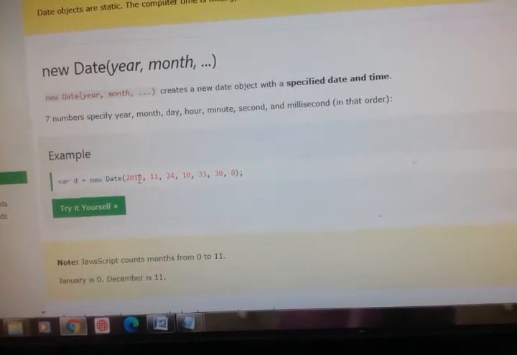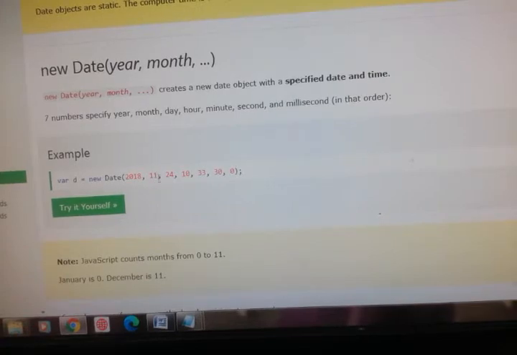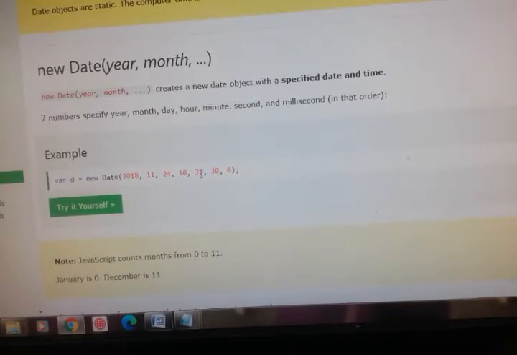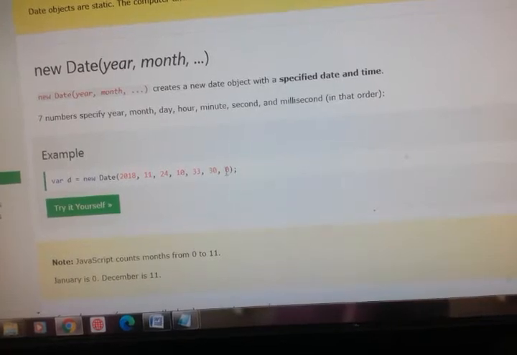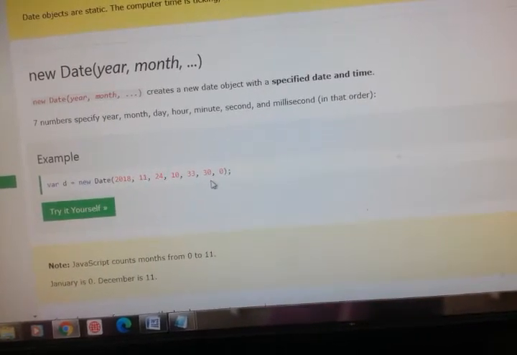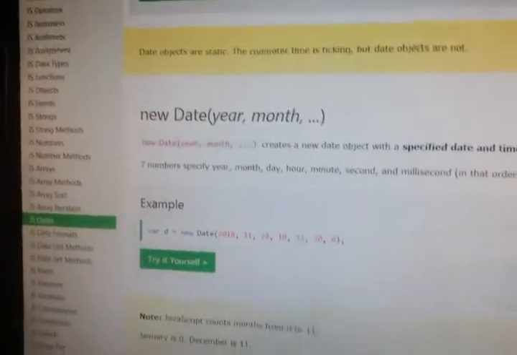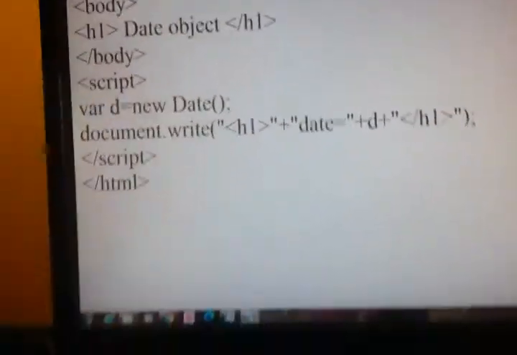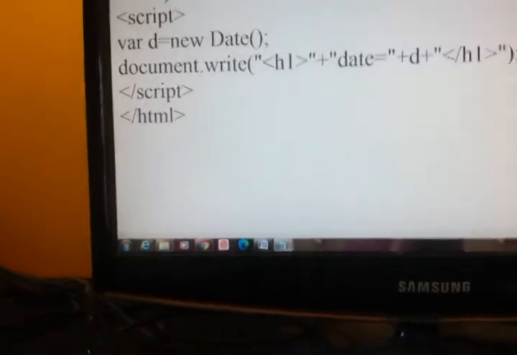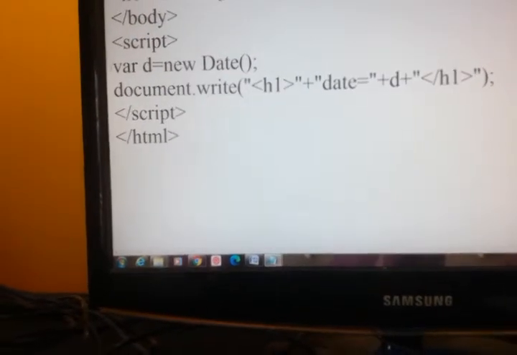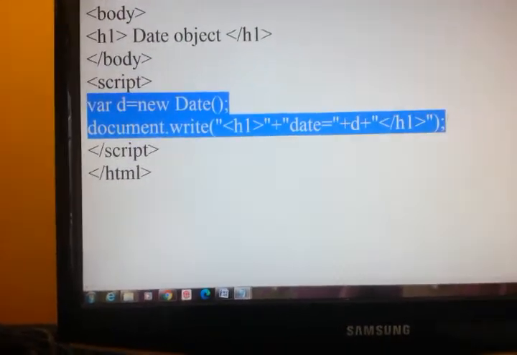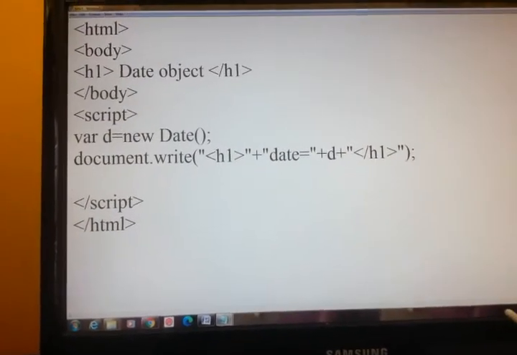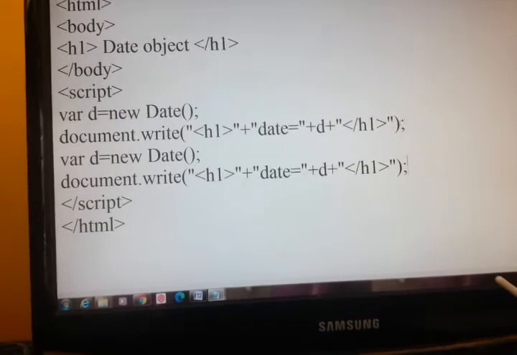This is year, this is month, this is date, this is hour, this is minute, this is second, and this is millisecond. Now if you are trying to do that, you will see what you will get. Just copy paste this.